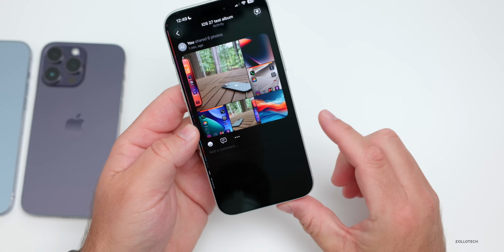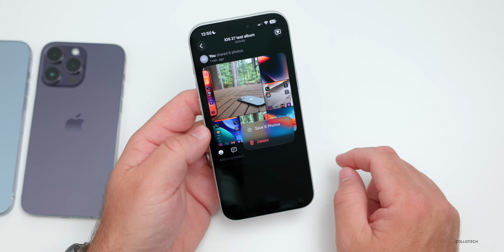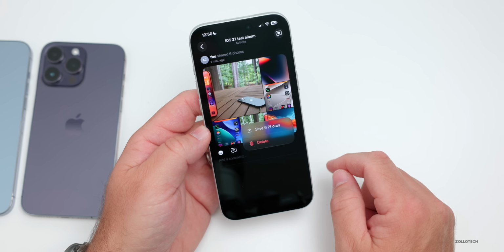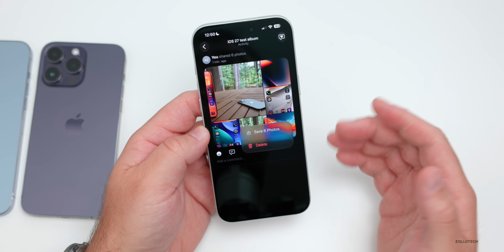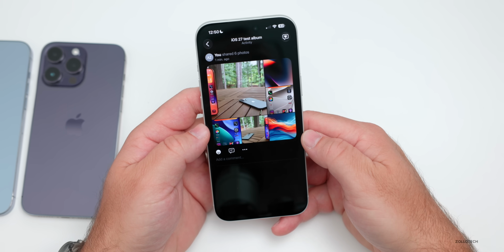And if we go into our activity here, you'll see that we can see anything that's commented on or has an emoji, and we have a few different options to save all 6 photos at once or delete them. So again, some nice, useful features that they've added, but nothing groundbreaking here, but it makes sharing photo albums a